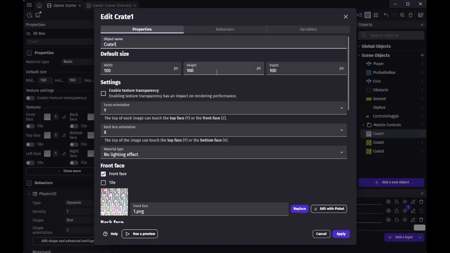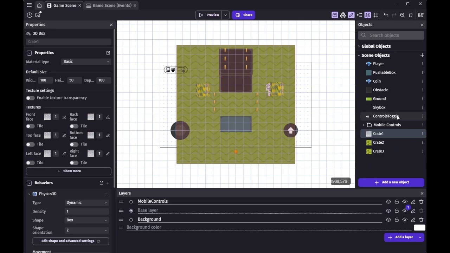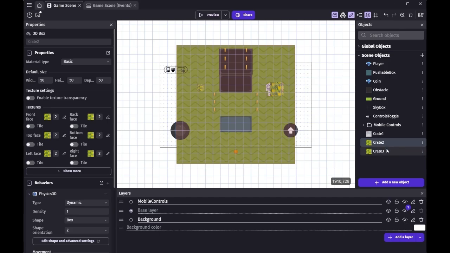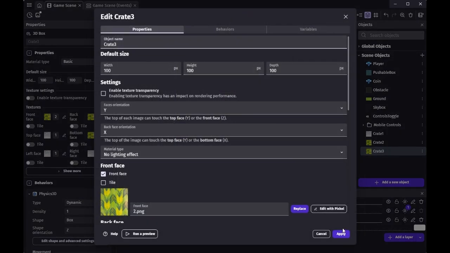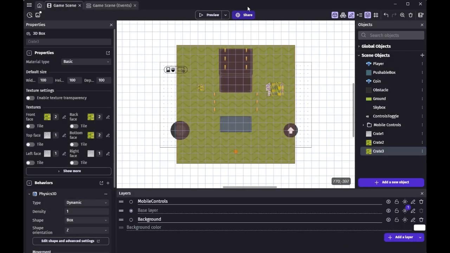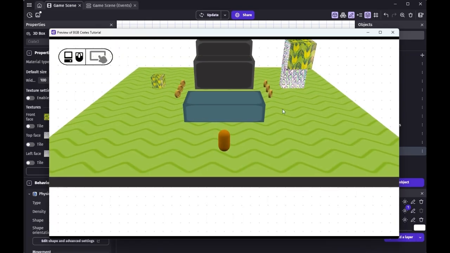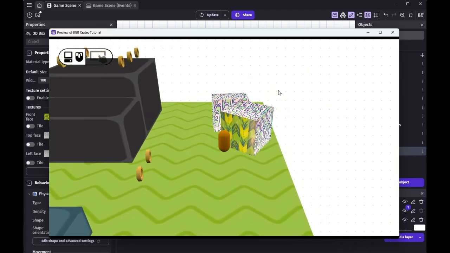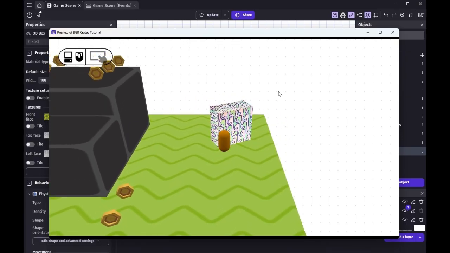Now let's take a look at making some edits. We can change the height of some of these. That one's just going to have a height of 50. Crate 2, we will make small in all 3 sizes, width, height, and depth. We'll set to 50. So it'll be a half size crate. And then we'll keep Crate 3 as a big one. So now if we hit preview, you'll notice that the larger Crate 3 falls off our new oddly shaped crate